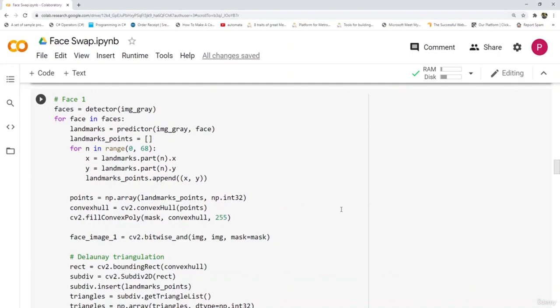Then we store the extracted landmark points x and y into the landmarks, as you can see here. And we are going to segment these into triangles. For that we are using points equal to np.array and convex hull. Similarly, we'll pass this convex hull and the mask into fillConvexPoly and apply a bitwise operator on the face 1 image.